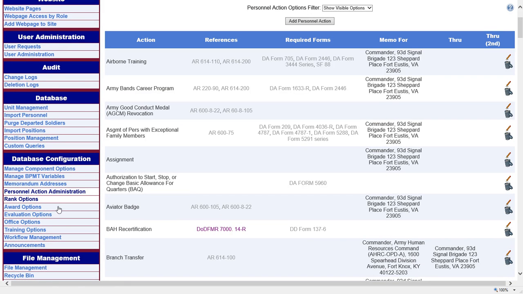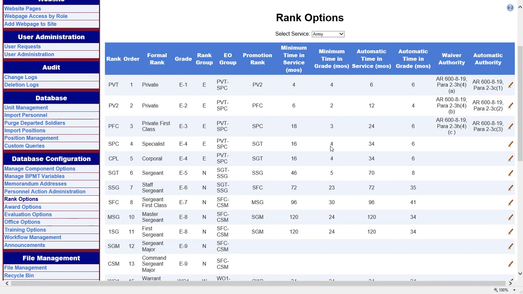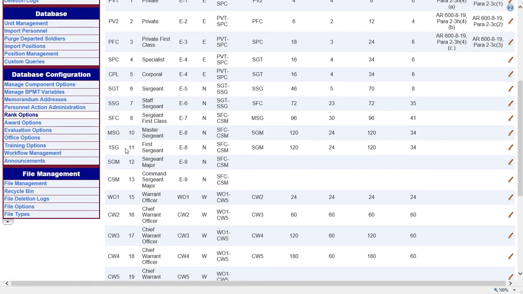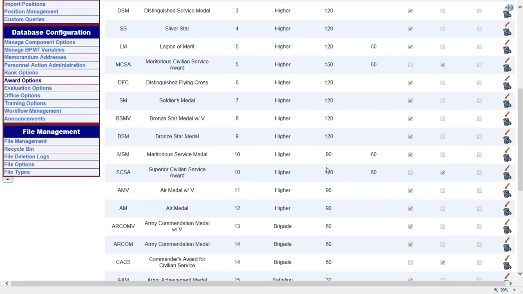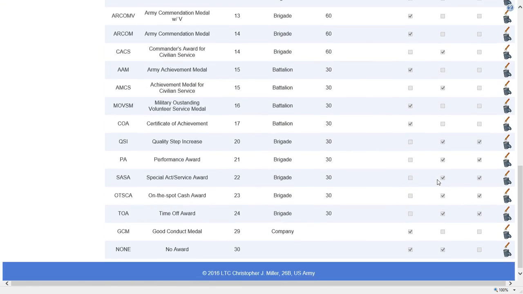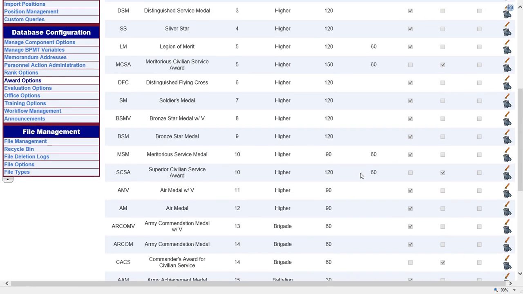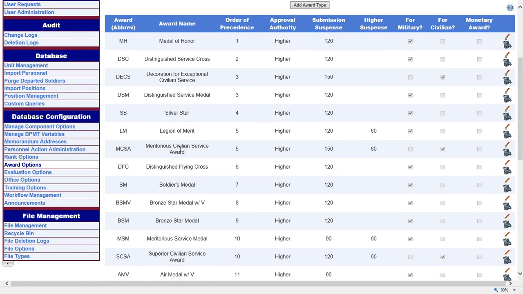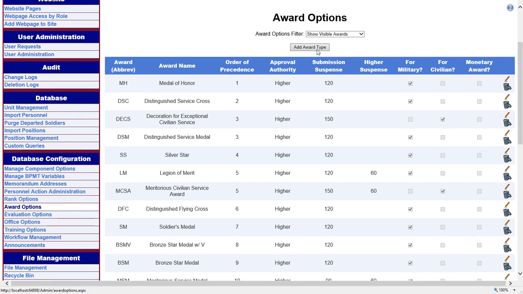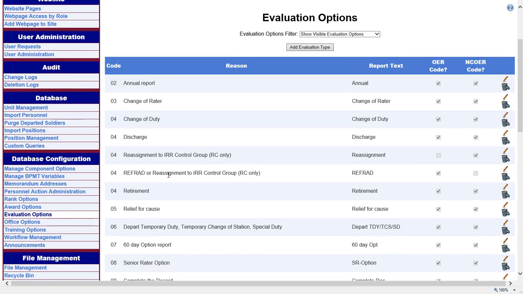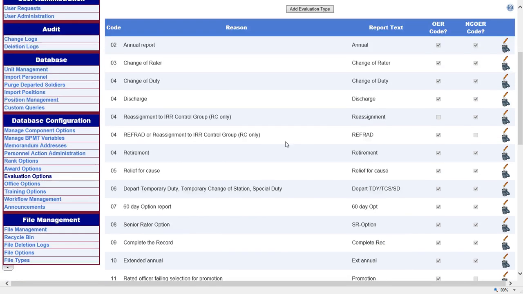You can also see the various ranks, adjust the automatic time in service and time in grade for the promotion calculations, change your award options. So right now I've got the standard Army awards in here, and I also have civilian awards in here as well. But if you wanted to add Air Force awards or something like that, those could simply be added through here. Evaluation options is in here as well, so when the regulation gets updated and some of these codes change, you can edit those